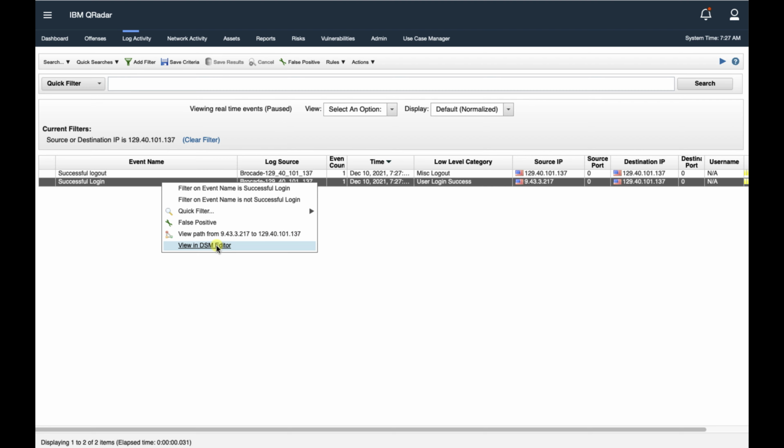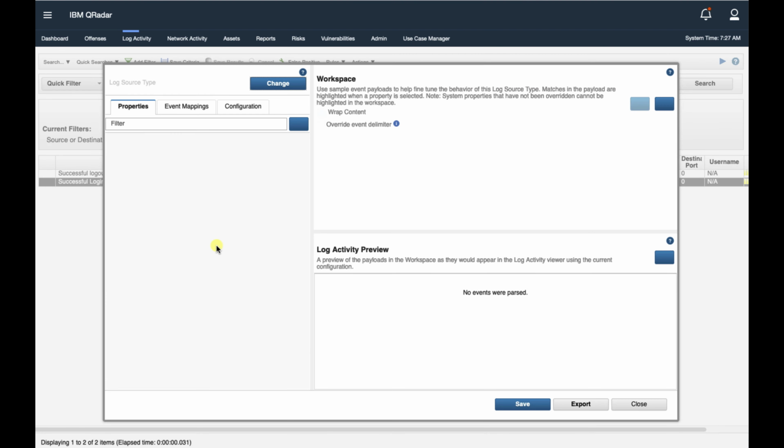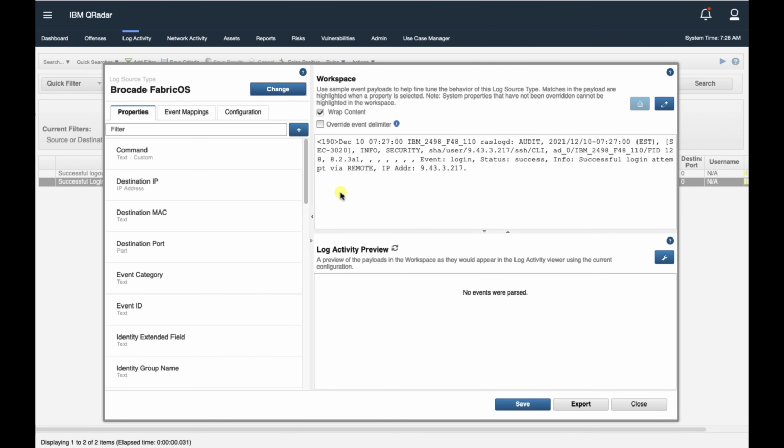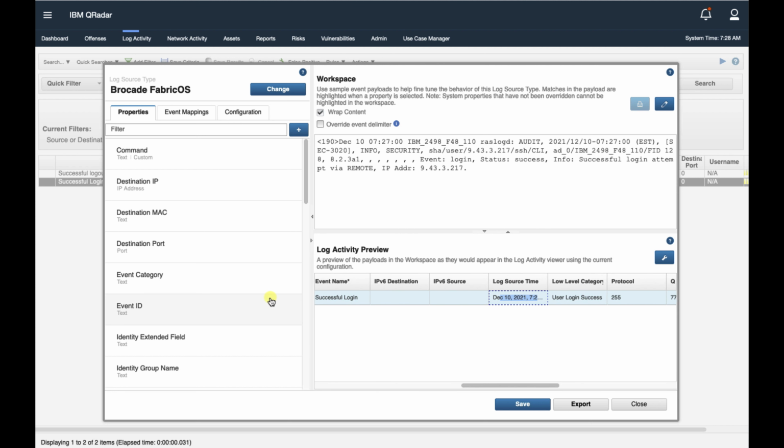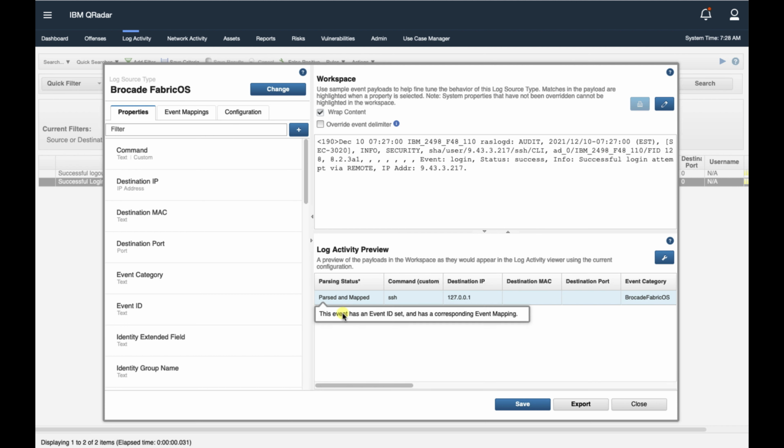Now let's take a look at what it looks like from a message standpoint inside QRadar. For example, on this last event, I want to make sure that it's parsing and mapping properly. As you can see, it says parsed and mapped, and that's one of the great things about QRadar: it recognizes well over 300 different types of devices automatically, so that once you set up syslog, it'll parse and map properly so that all of the information can be put in the right fields and then surgically take actions.